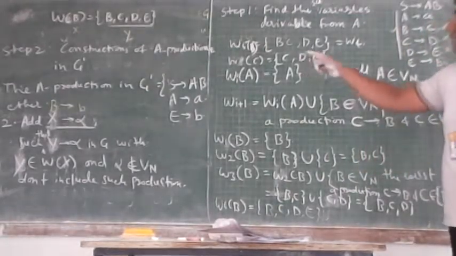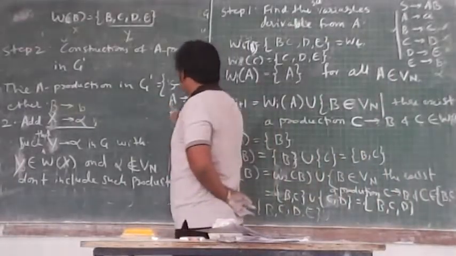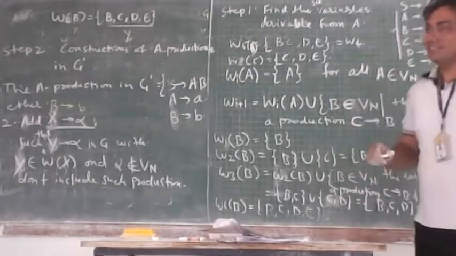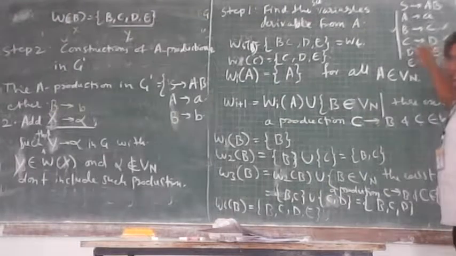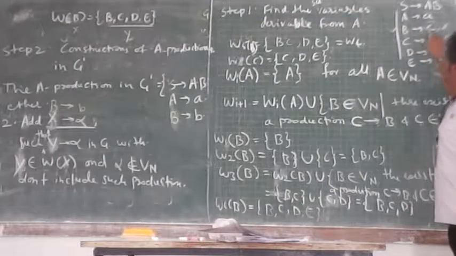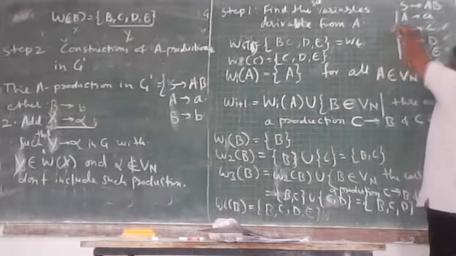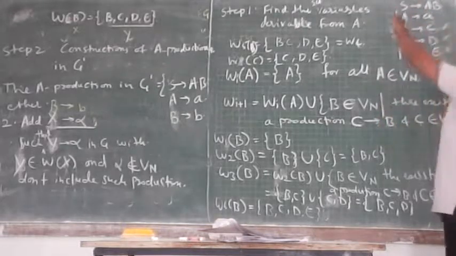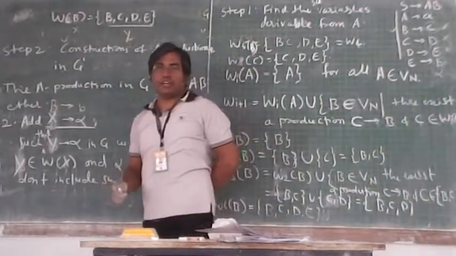So B implies B. That I needed to add to this production. इसका मतलब what I did basically, I had gone for looking the path B to C, C to D, D to E, and E to B. It clearly means that B to B. Okay? So this clearly means B to B. That has been identified through this second step.